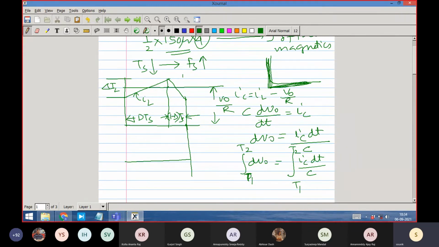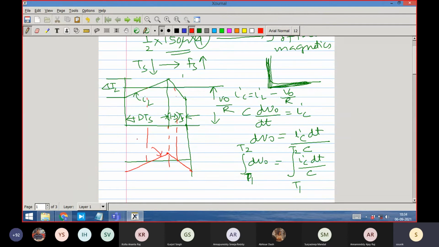So if you subtract it, you will get what waveform? I do the subtraction and I get, right? This is the middle point. I have drawn it. So the peak is happening here, and another one is happening here. So this is the current profile of the capacitor current, right? That is the capacitor current profile.